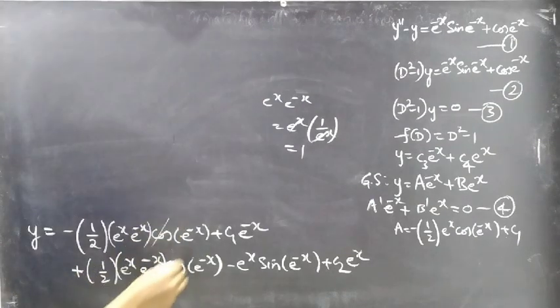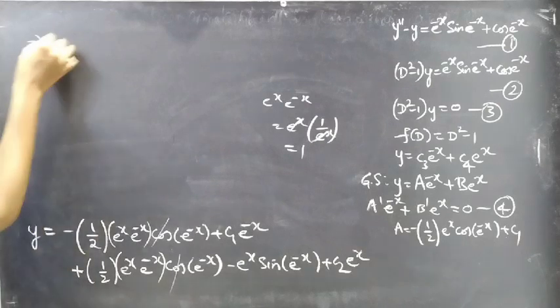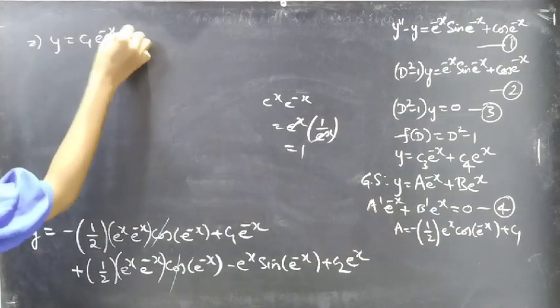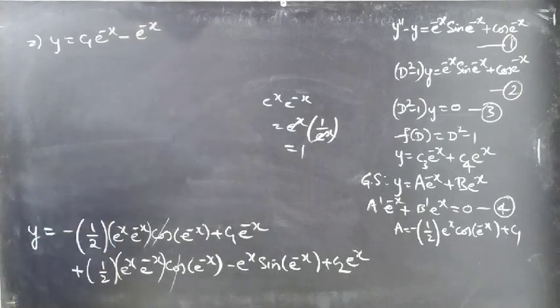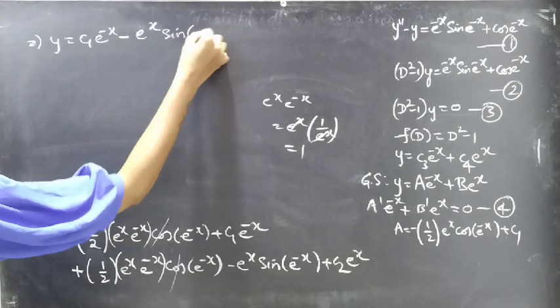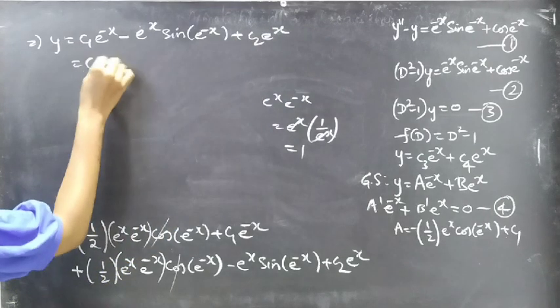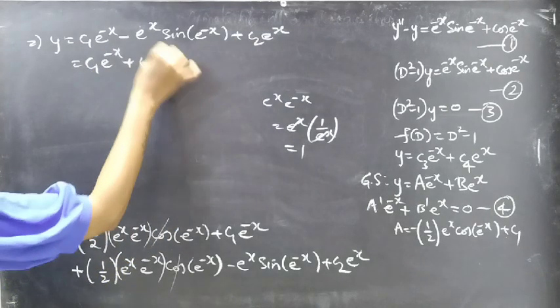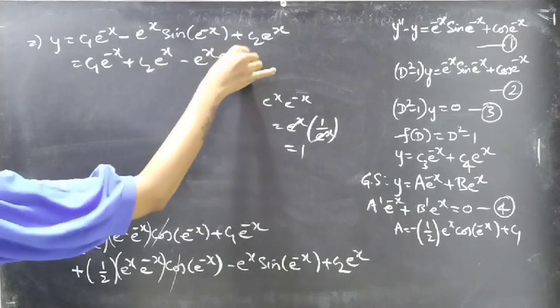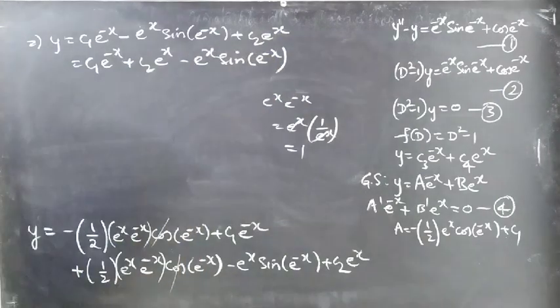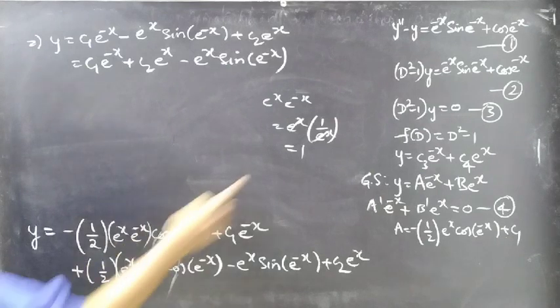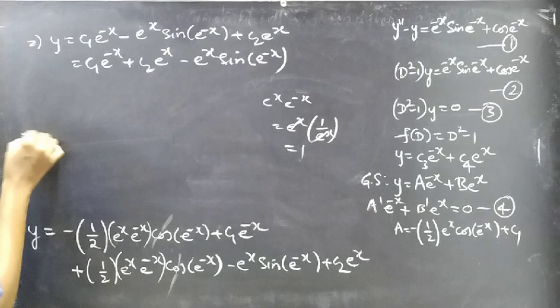See, if you cancel these two terms, you'll get y equal to c1 e power minus x minus e power x sin e power minus x plus c2 e power x, or you can write this as c1 e power minus x plus c2 e power x minus e power x sin e power minus x. Or if we have not cancelled this, if you want to simplify e power x into e power minus x, just replace e power x into e power minus x by 1, then you'll get